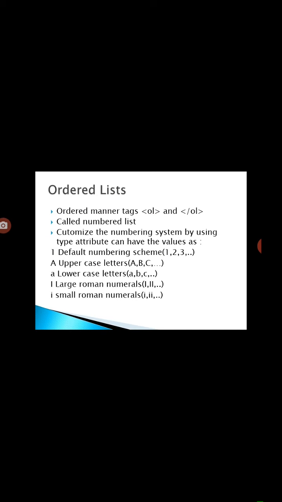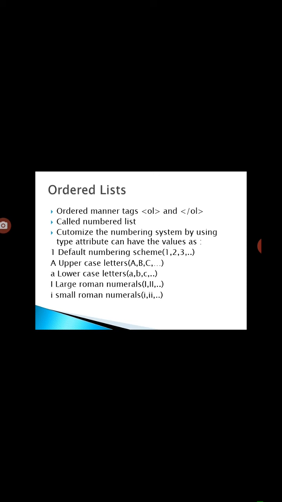And next comes the ordered list. Ordered list means it is in an ordered manner. The tags used are OL and /OL. These are also called numbered lists. We can customize the numbering system by using the type attribute.